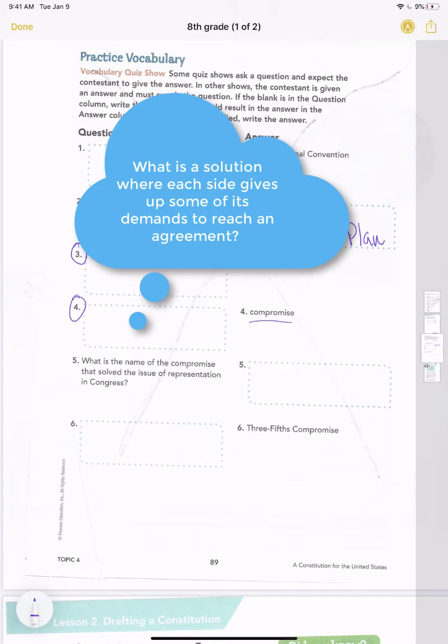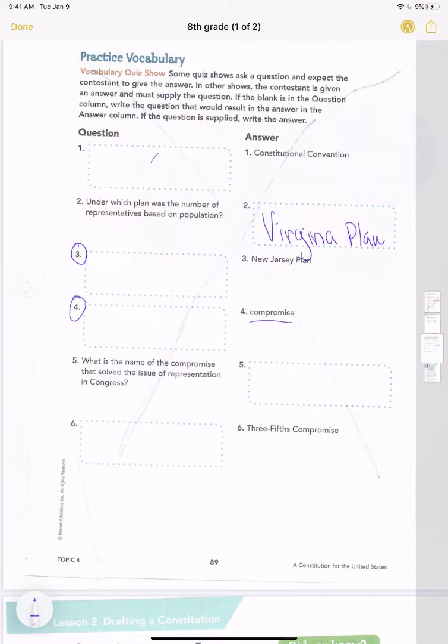Sometimes we call this being diplomatic, where you have a peaceable agreement between one party and another, or one nation with another. So you'll have this diplomatic approach where you're not using violence, you're using some type of meeting of the minds. So number 5 asks the question, what is the name of the compromise that settled the issue